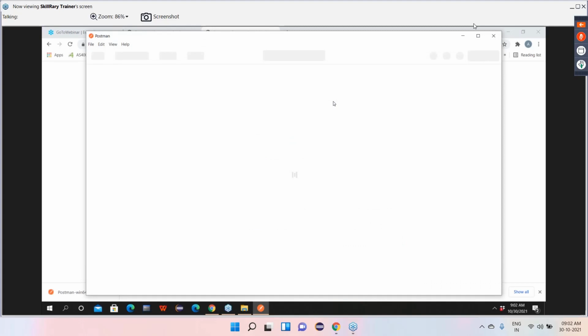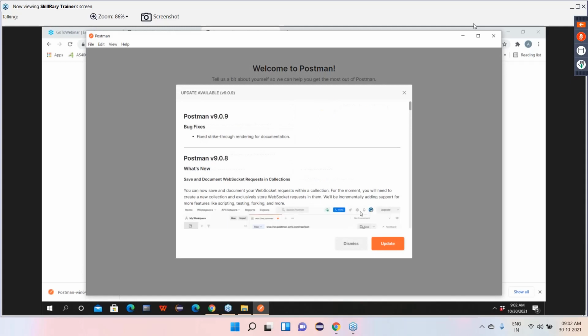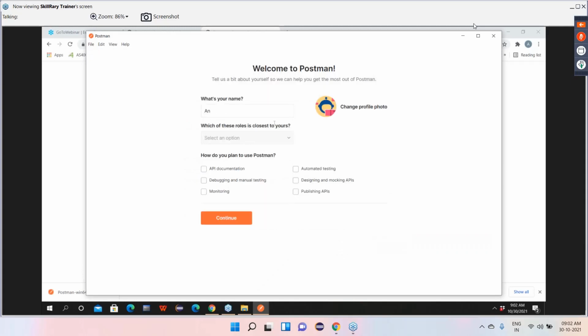So guys, once you're done with the sign up process, it's a very simple process basically. Then you have to fill in some information like your name. Let's say this system belongs to Anushruti. So here I will say Anushruti.